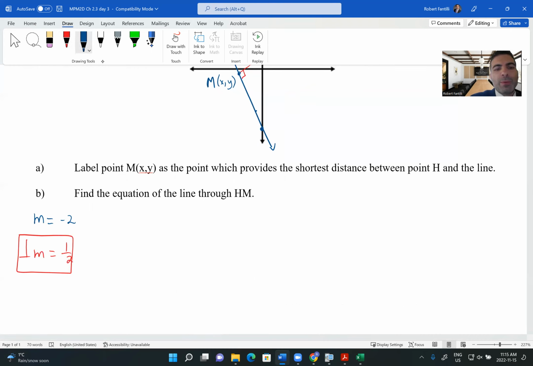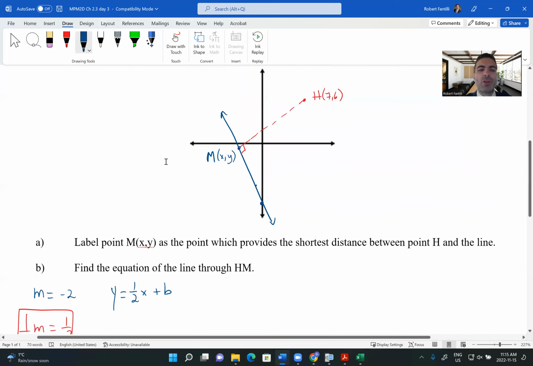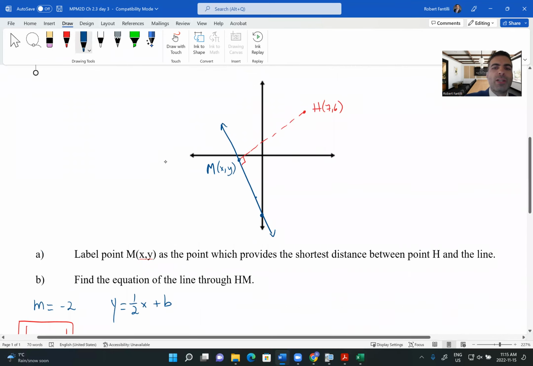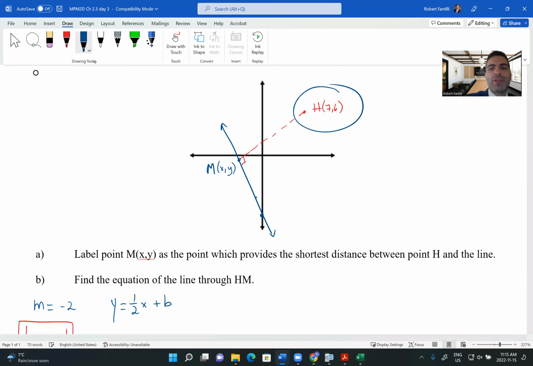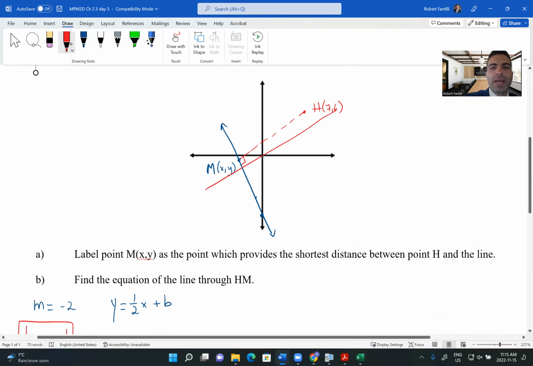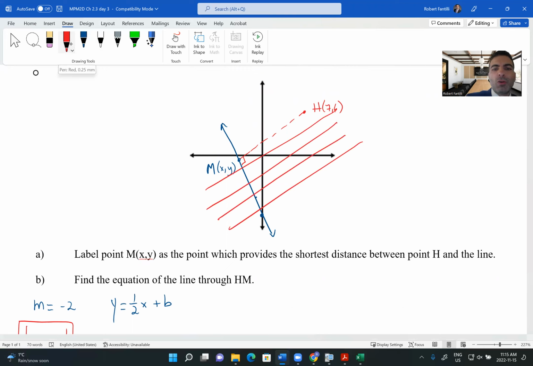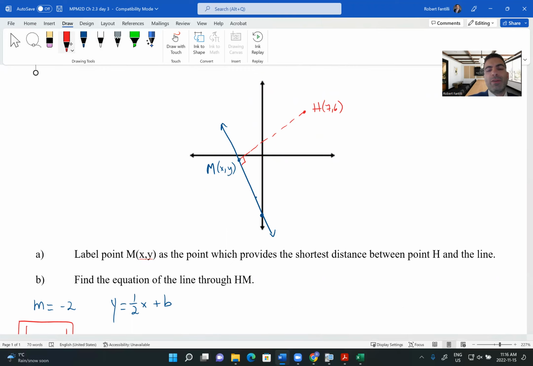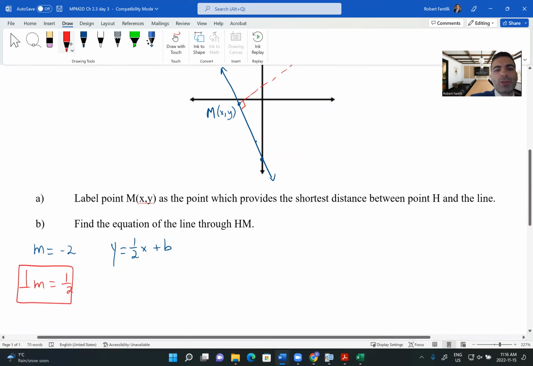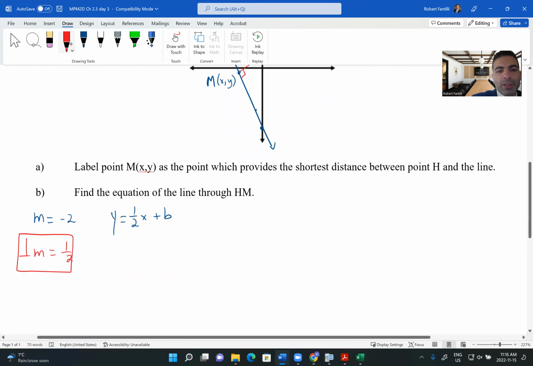All right. So now we're going to use that. y = 1/2 x + b. The only coordinate I know in trying to find this equation, the only coordinate I know that is on the red line is H(7,6). Remember, there is an infinite number of lines that have the same slope as that. Okay, but there's only one line that also passes through H(7,6), and that's the coordinate we're concerned about. So we're going to sub in